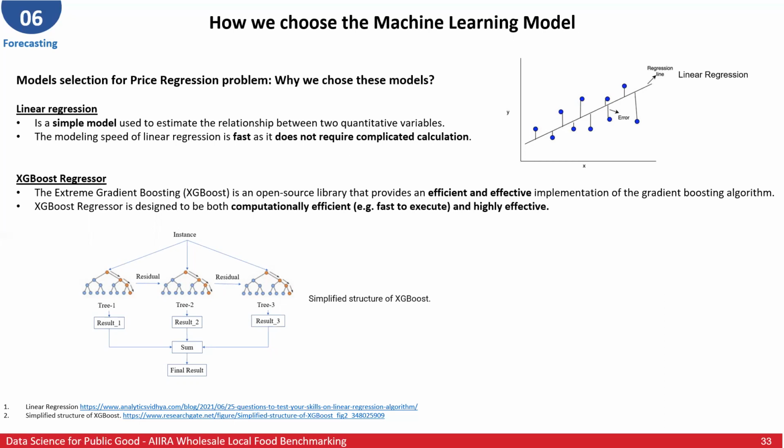We used linear regression, but we also used a Python library called XGBoost, which uses extreme gradient boosting, an efficient and effective implementation of the gradient boosting algorithm. It's designed to be both computationally efficient and highly effective. How XGBoost works versus simpler models is it operates on decision trees, models that construct a graph that examines the input under various if statements, like vertices in the graph. Whether the if condition is satisfied influences the next if condition and then the eventual prediction.